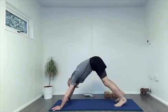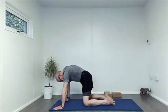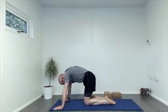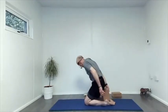Step back into downward dog, drop onto your knees. Bring your knees together, sit back onto your heels. If this is too much, you can get a block and plop your bum between your legs and sit on a block. But if you can stay in hero, lift the hands up